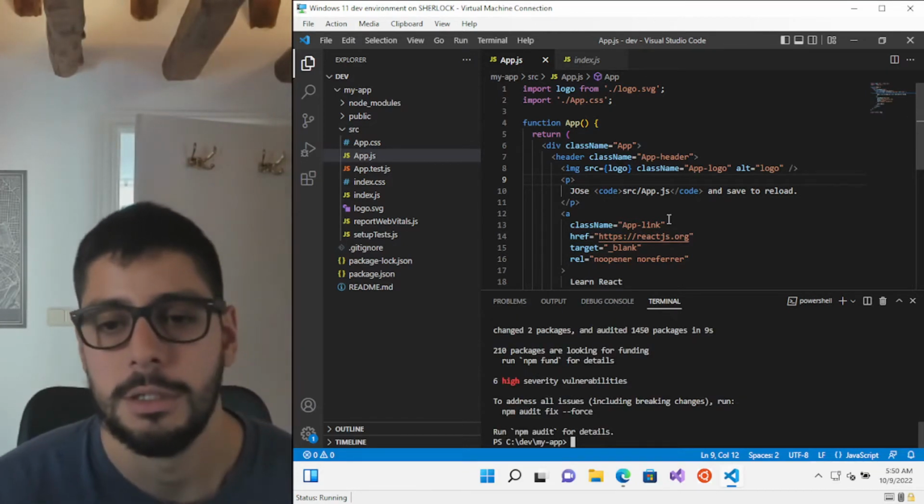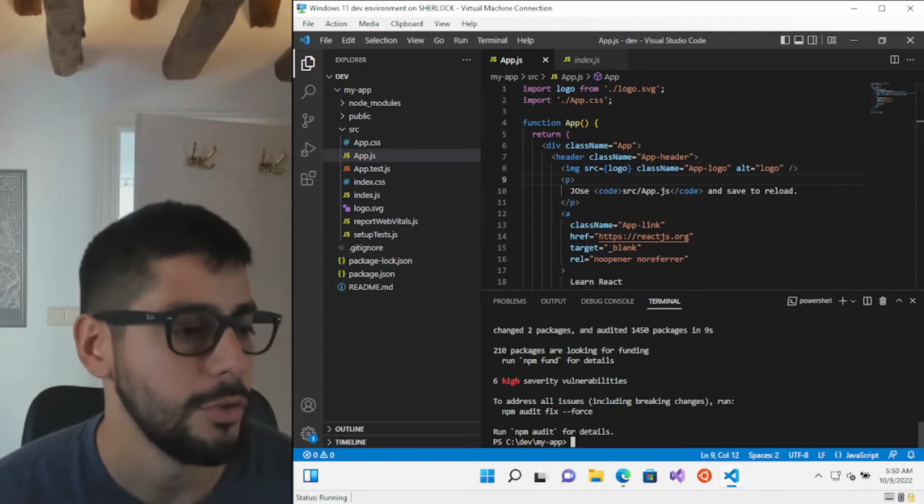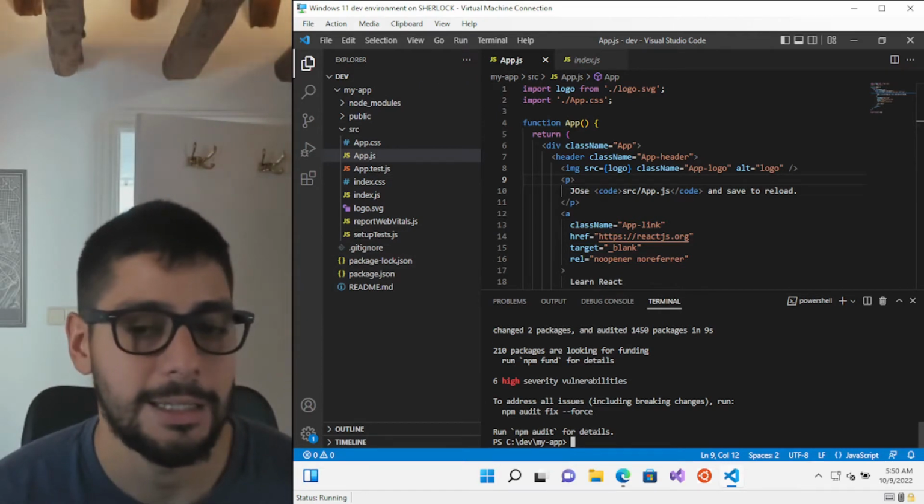For example, in Node, you'll find things like assert and process, which are just not available out of the box. And now that we have those, we want to go ahead and get the actual